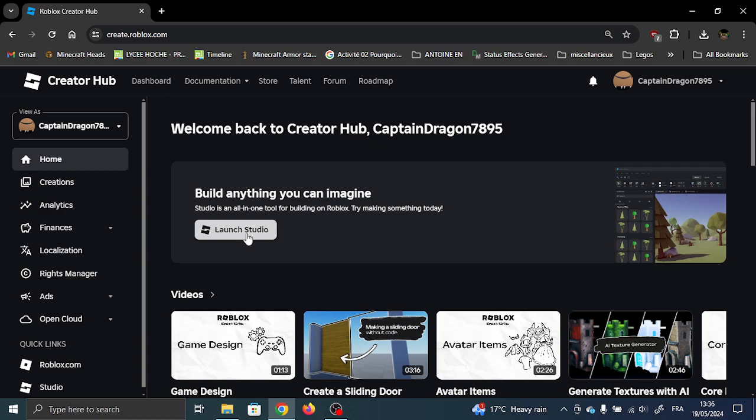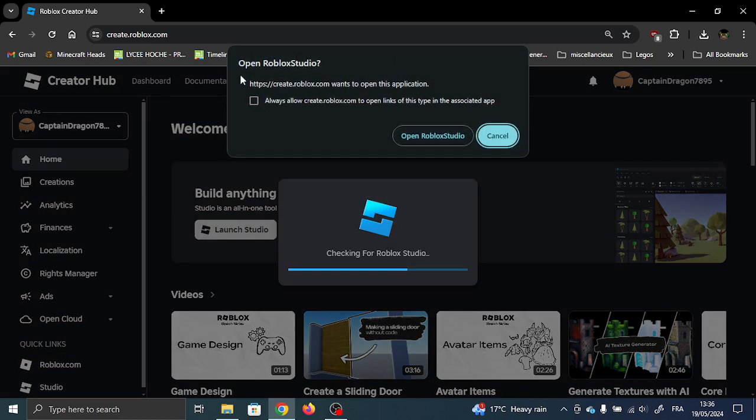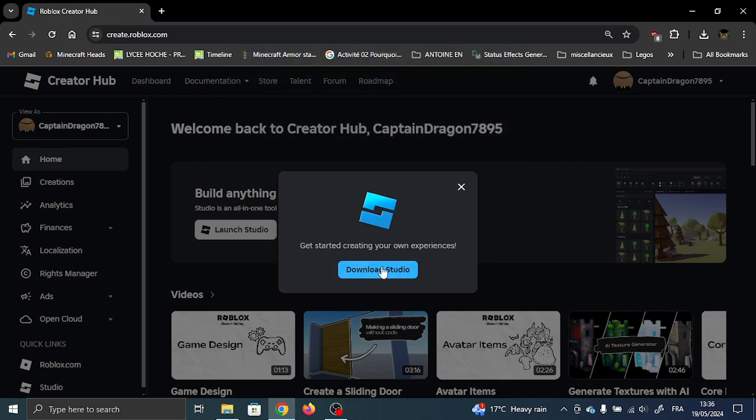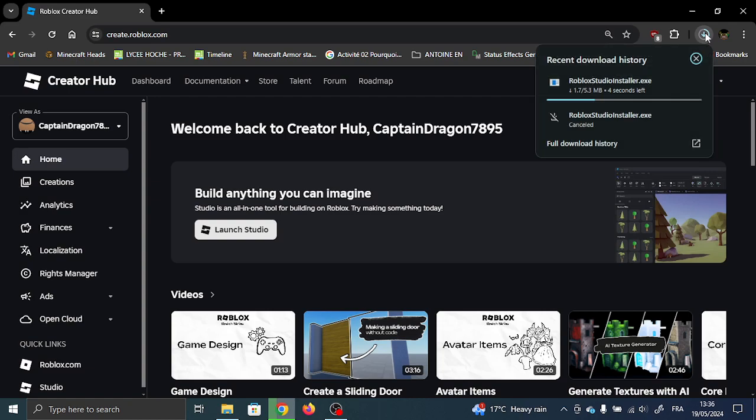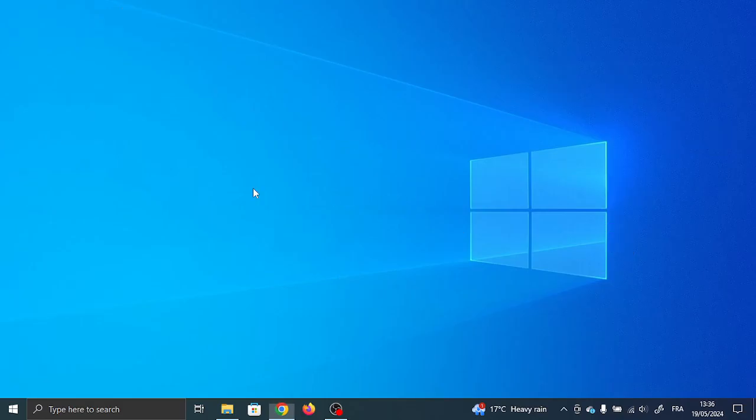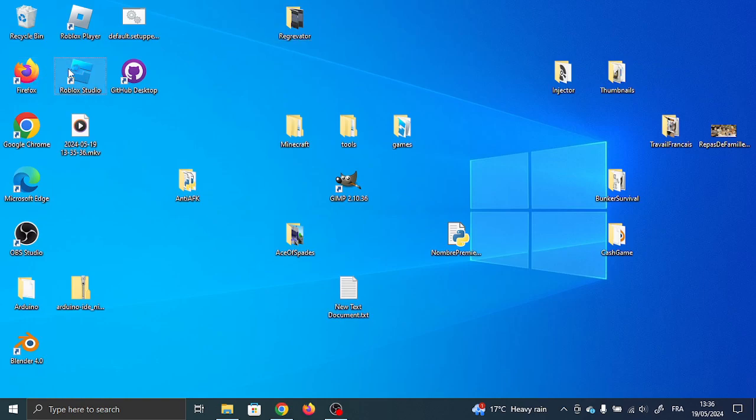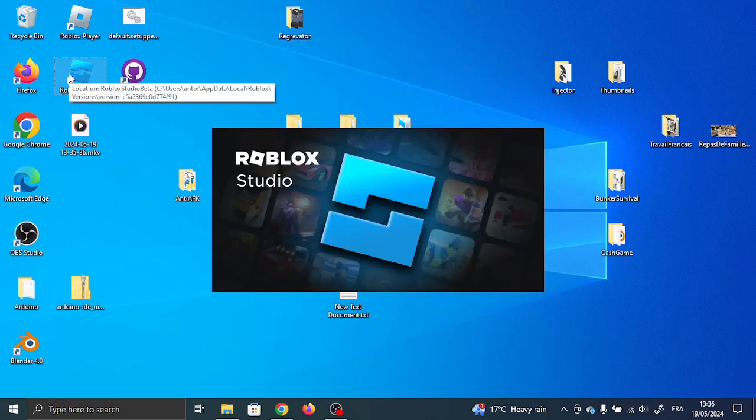Then you will need to click on Launch Studio. If you do not have Launch Studio, it will ask you to download it and you will just click on the link and then open the installer. Okay. Now that you've installed Roblox Studio and that you are logged into your account,